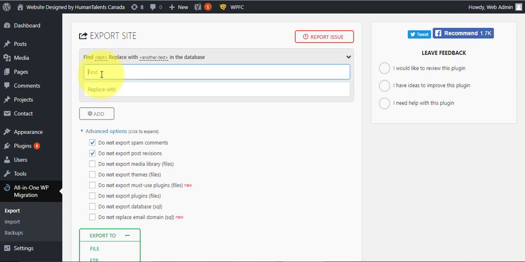So as an example, let's say my current website was in /live, and the new website where I plan to host will be /new. So that would be something I want to do here if that was the case. Okay. Now that I've done my regular